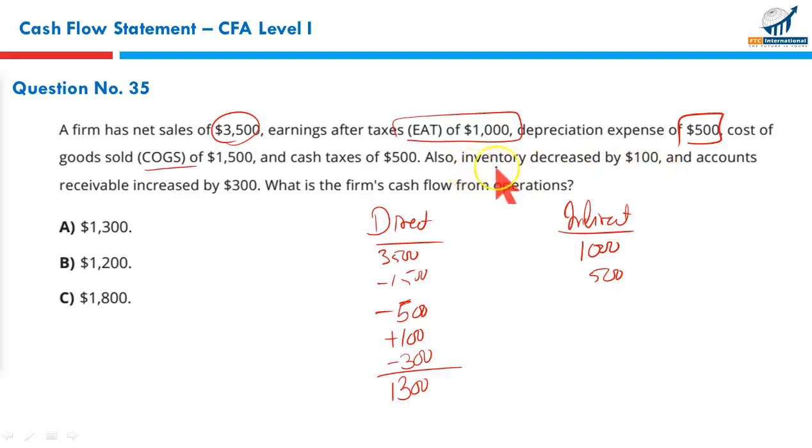Again, changes in inventory. Inventory decrease is an inflow, and change in account receivable, an increase, is an outflow. There is nothing else that you can take. CGS has already been considered. Expenses have already been considered. So if you just net off this figure, 1,500, 16, again 1,300. So under both methods, your cash flows must be the same if you have used the right approach.